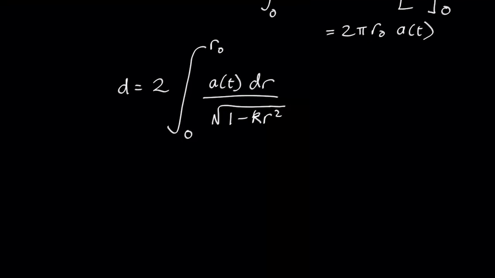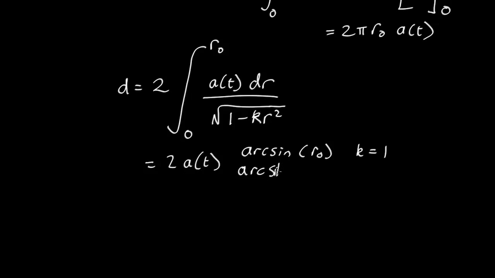So what we found out is that the diameter is going to be 2a of t, and it's either going to be the arc sine of r0 if k equals 1, or the arc hyperbolic sine of r0 if k equals -1, or different constants on these otherwise. So that's telling us the value of pi in this universe,